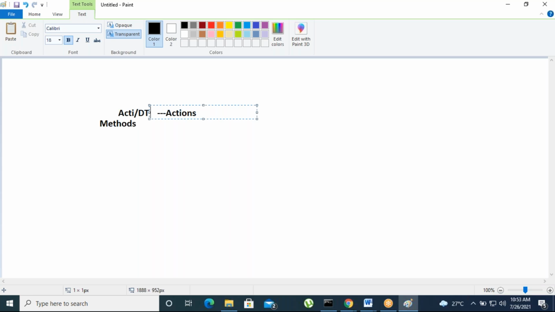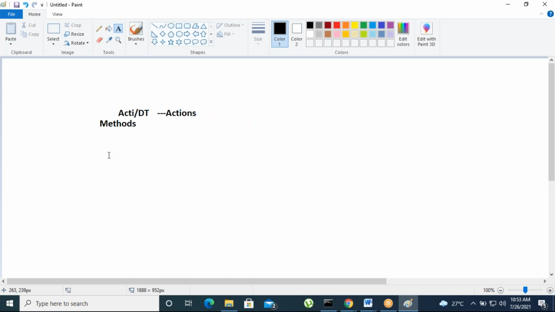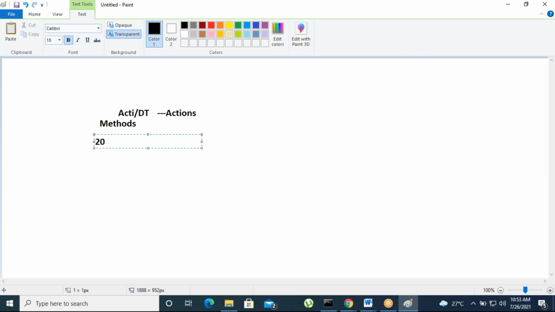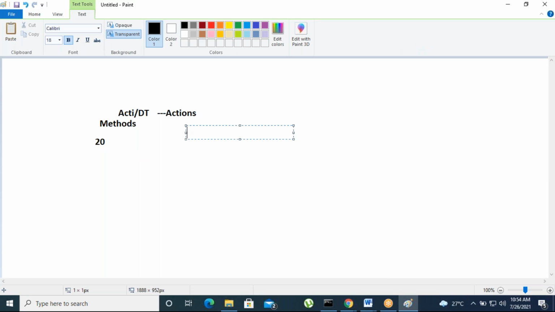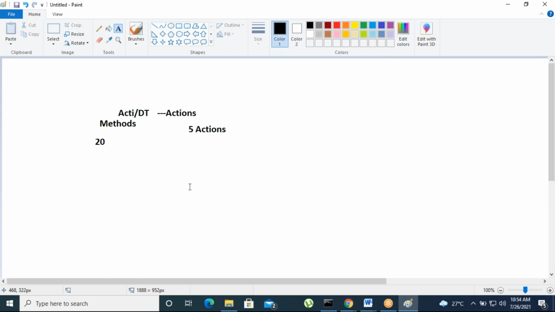Activities are not preferable performance wise. Why? If you are going to apply any business logic, some 20 steps are required, at least 20 methods, and in each step we use a method. But in actions, instead of writing 20 steps, we can use at least 5 actions. By using these 5 actions we can do the same business logic with data transforms.